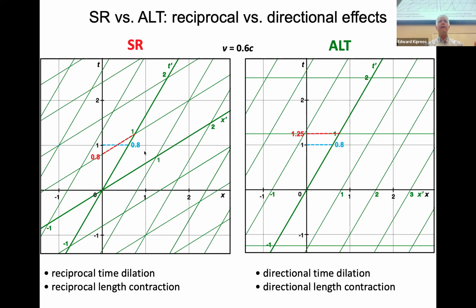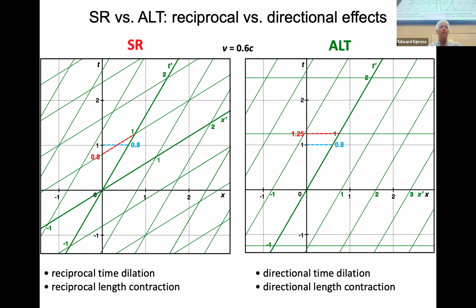Here we're going to be looking at time dilation. So at time 0, the moving frame and the stationary frame are both at time 0. At 1 second in the stationary frame, the stationary observer can look across and say, well, what time is there in the moving frame? And while it's 1 in the stationary frame, it's 0.8. So he's like, whoa, time is going slow in that moving frame.